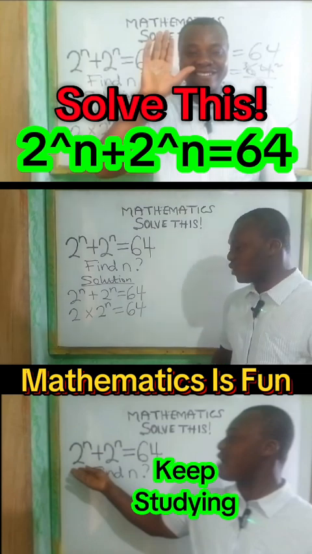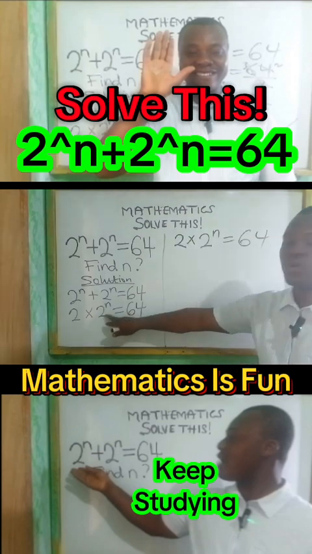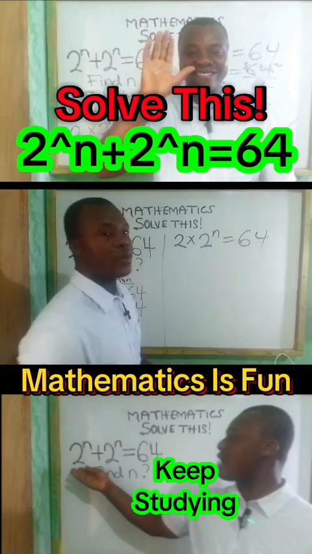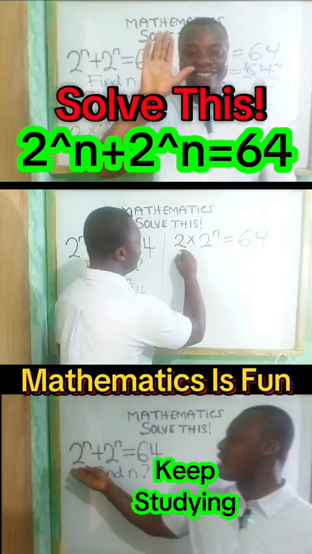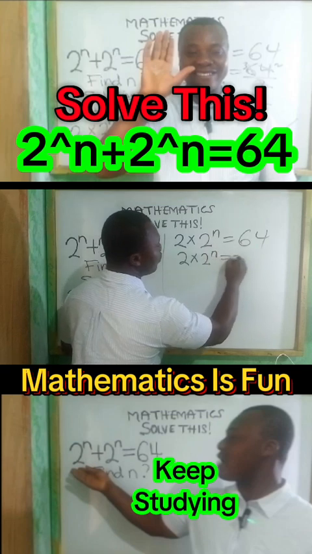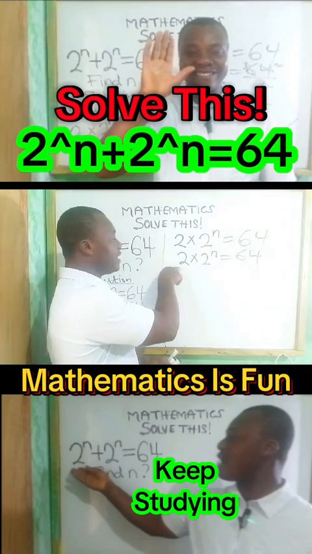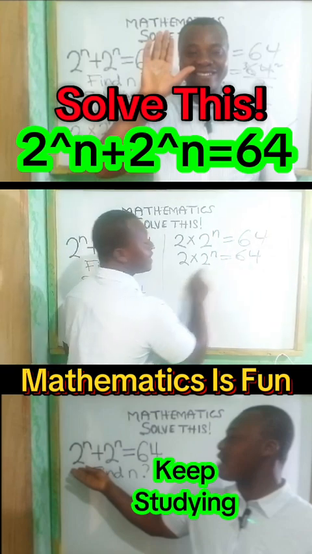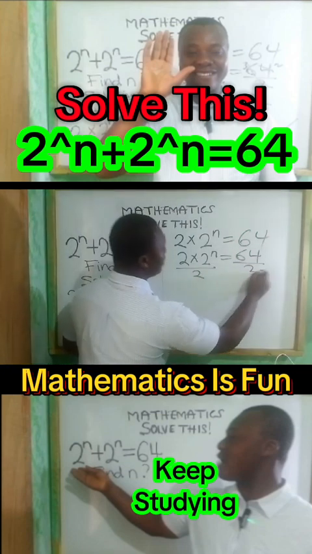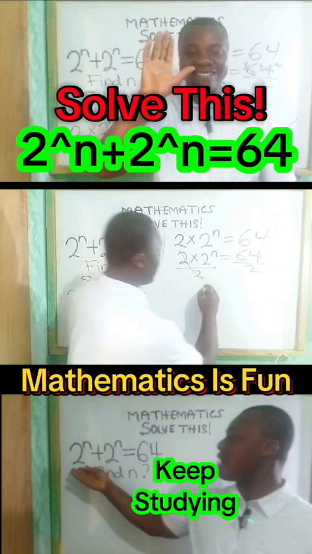Now, when you have it this way, we rewrite the same thing: 2 times 2 raised to the power n equal to 64. So that is what we have here. Now, we have to get rid of this coefficient 2. So we divide this side and this side by 2, so that these 2 cancel these 2. So we are having 2^n